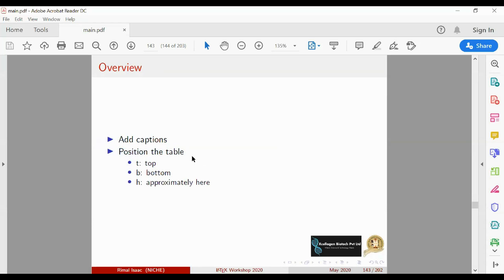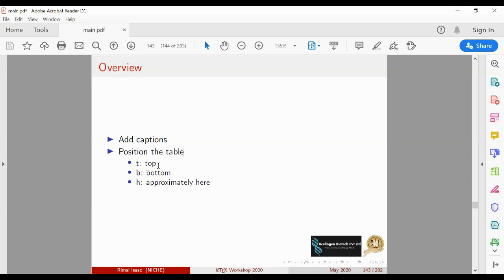LaTeX has a big problem, and LaTeX will not always put the table in the place you tell it to place. You have read so many books or articles where the text will be in one place and the table will be in some other place. They will say that so and so content is represented in table 4. The text will be on page number 2, but table 4 you can see on page number 3 or 4. That is because of LaTeX. It will place the table on some other page.